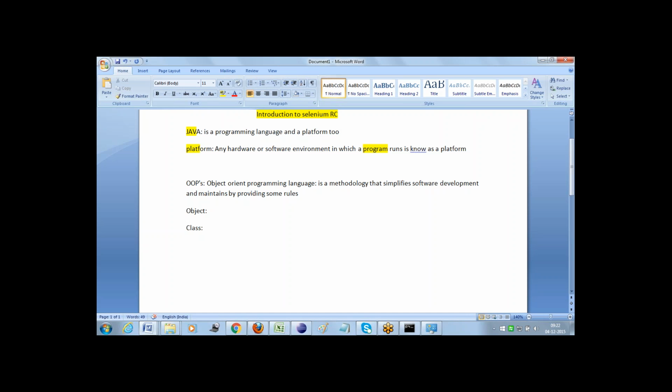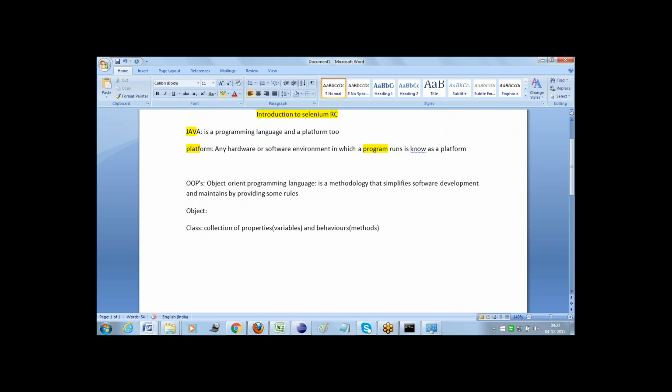Generally, a class is a collection of properties and behaviors. The properties we can call variables, and the behaviors we can call methods.